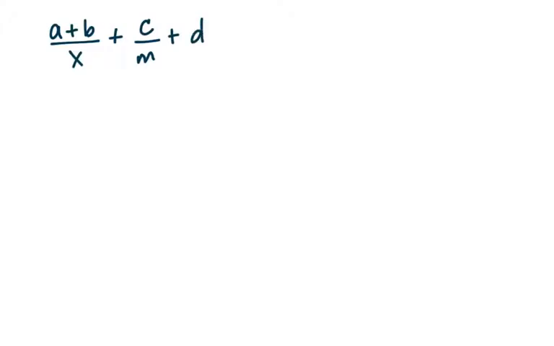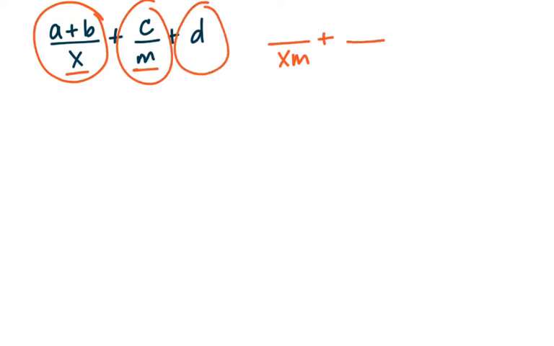And we'll remember when we have just an individual variable written without a fraction, it's still in the numerator of our fraction technically. So we're going to look carefully at our denominators, so I'm going to underline those, and say what is the new common denominator we need, or the least common multiple of these. Well, there's no way to break them down any further like we would with numbers. So simply the new common denominator is x times m. So we just multiply those two together. So now we're going to create, because we had three terms, 1, 2, and 3, I'm going to write three terms here